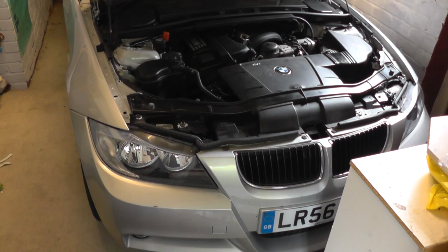This video will show you how to replace the exhaust camshaft sensor on a BMW 3 Series from 2006 to 2011. It's an E90 we're working on right now, but the same will also go for the E91, E92 and E93. Now you may well have the engine warning light showing on your dashboard, and you may well have already read the fault codes,